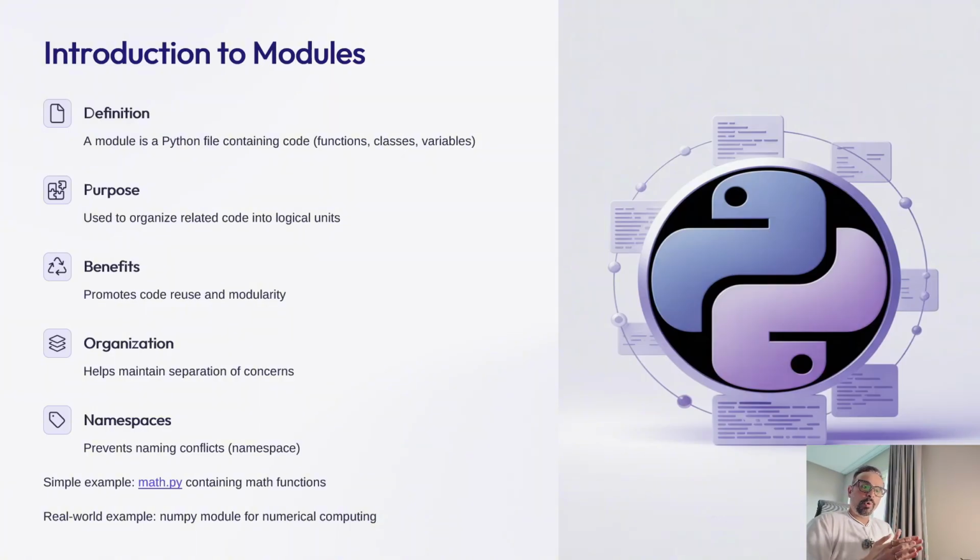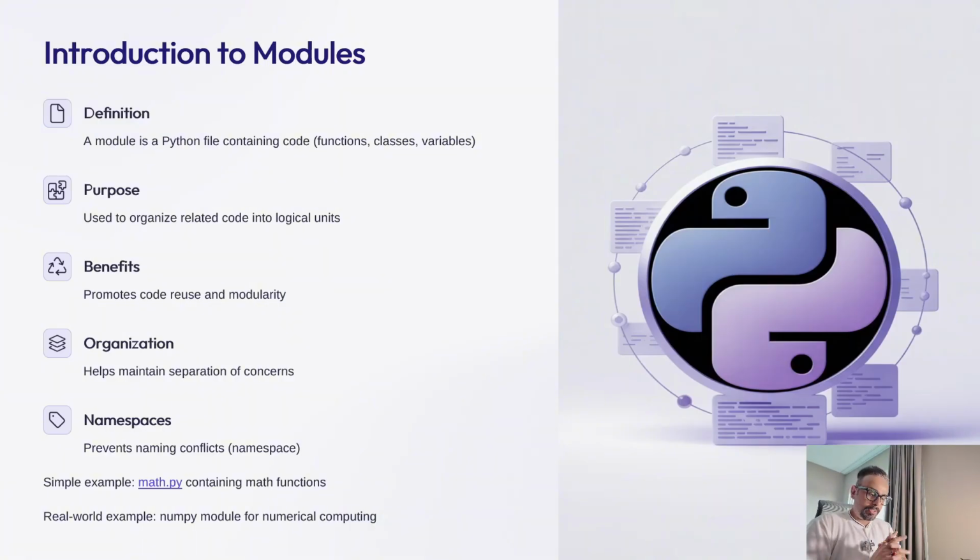This promotes code reuse. Once you have written and tested a module, you can import and use it in multiple programs. So that helps with the reusability of the code that you have written once, and multiple developers within your team can use it. Modules also provide namespace separation, preventing naming conflicts between different parts of your code. In artificial intelligence and machine learning projects, modules help organize different components like data pre-processing, model training, evaluation, and visualization